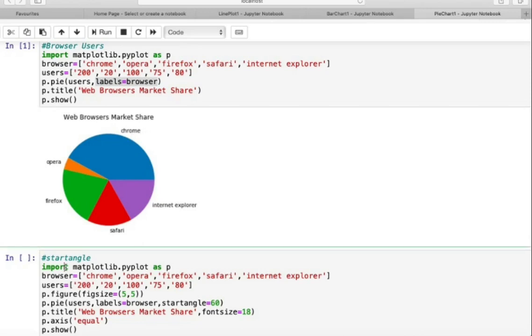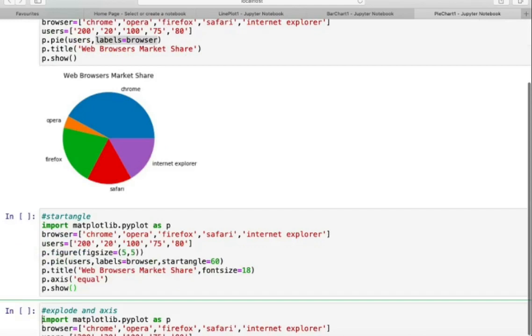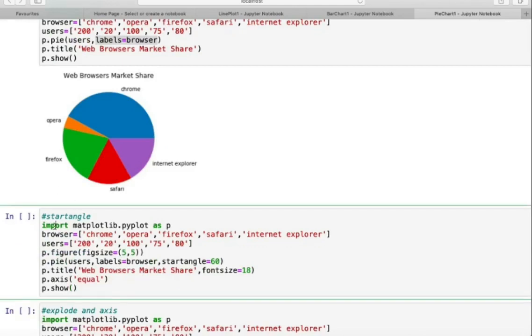The next example shows the use of start angle. Now import matplotlib as p. Again, users, that is the ratio for your pie with respect to the circle.